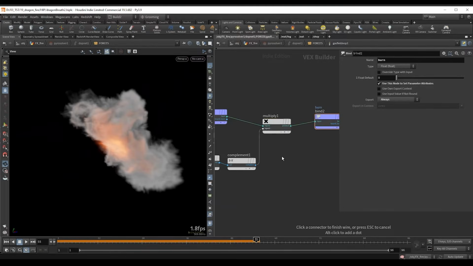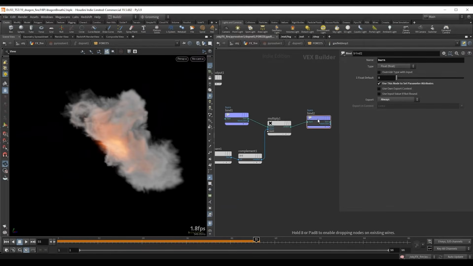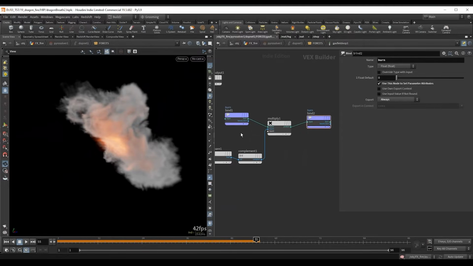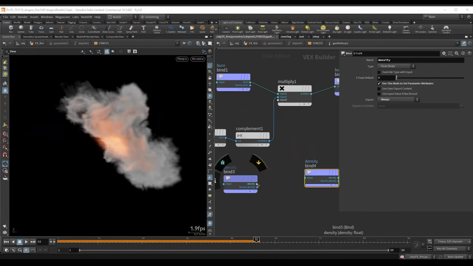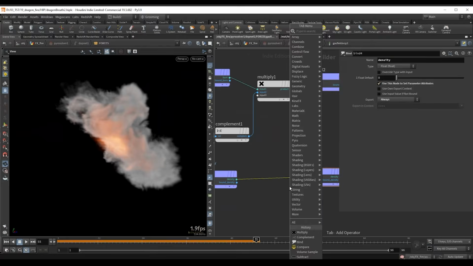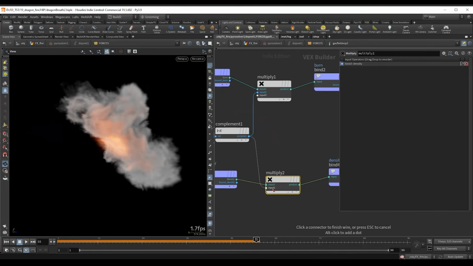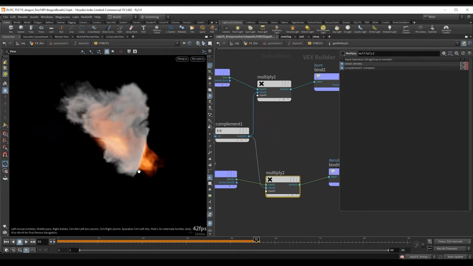So we'll plug this here, and for example, this is noticeable with the burn field, but we can cut the density in real time, so we can do the same with the density. Let's copy this and set this to density and export this back to density, and set this to always and use this node to set parameters. Plug this here, and if we do a multiply with this complement value,